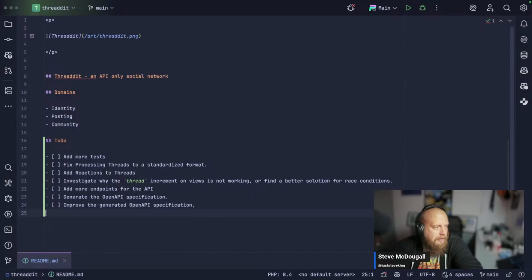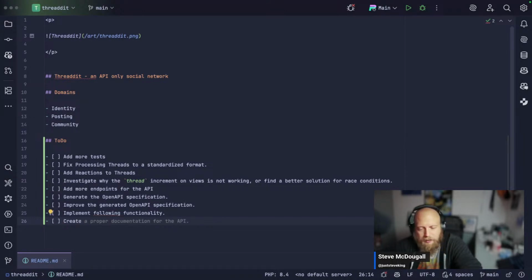There we go. Then once that's done, we can start looking at other things like following. Implement following function. Let me do that. Once we've implemented that, we can